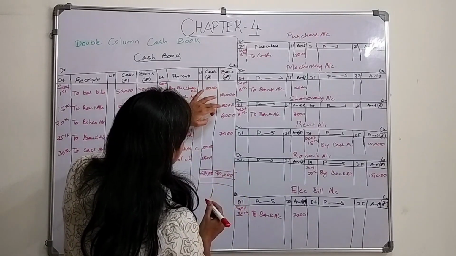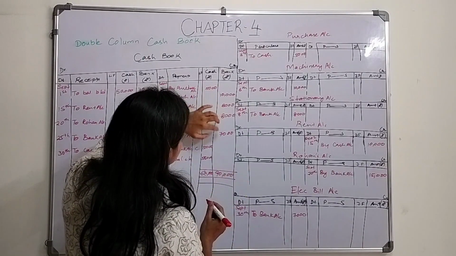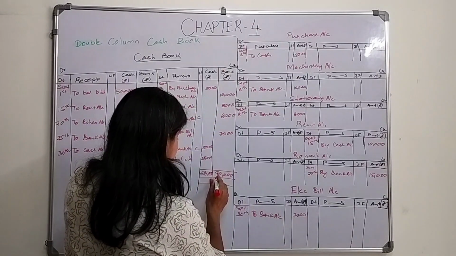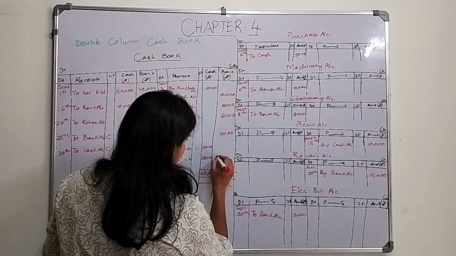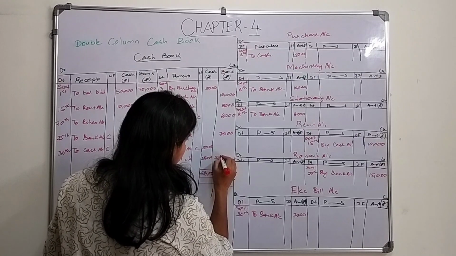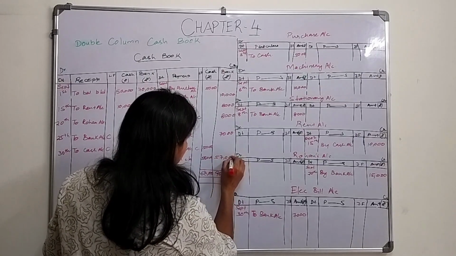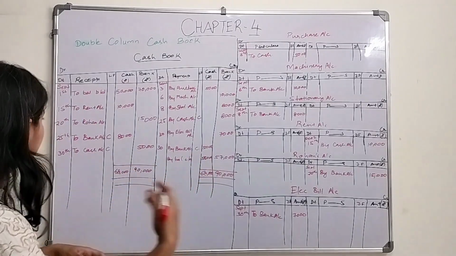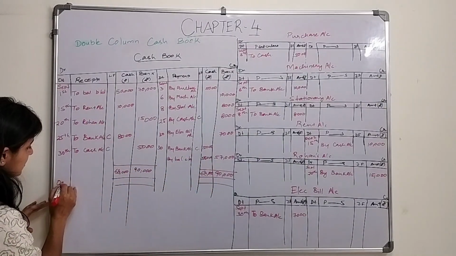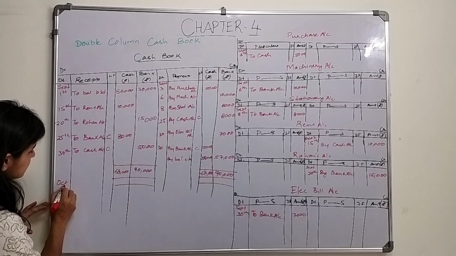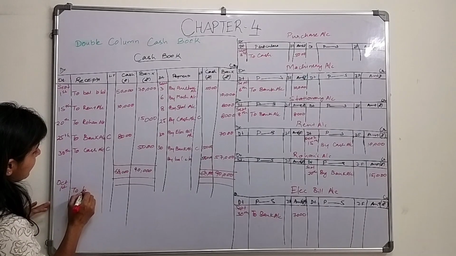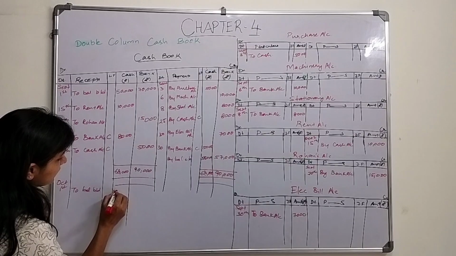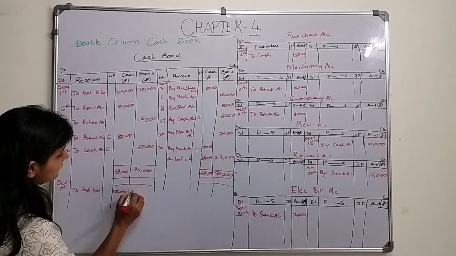Here it is 70, 10, 80, 90,000 and 10, 8, 8, 20, 16, 26, 26 and 7, 33. 33 minus 90 is 57,000, right? So this is the balance which I will carry forward to the next month. So my October 1st balance brought down will be 58,000 and 57,000,